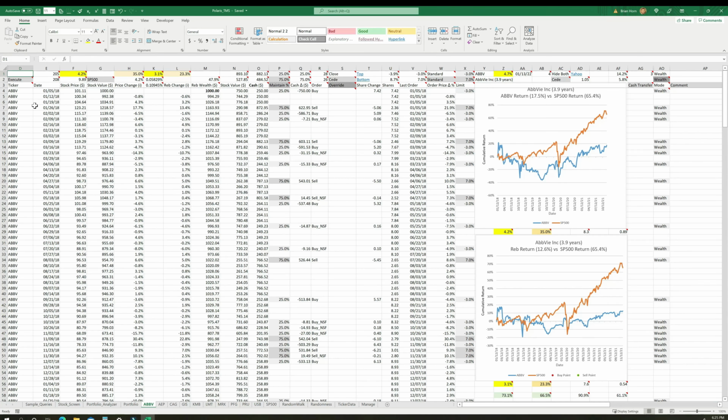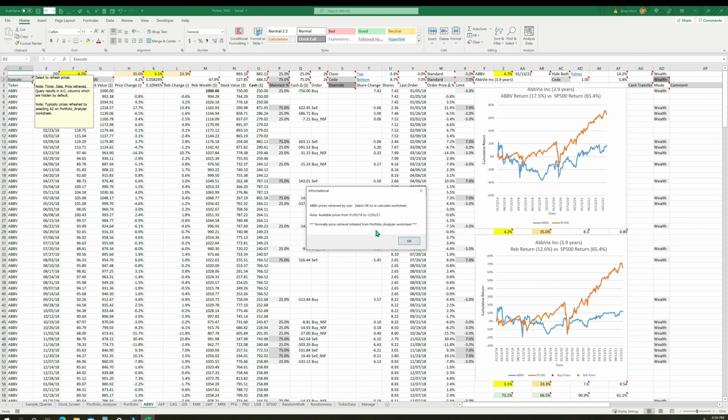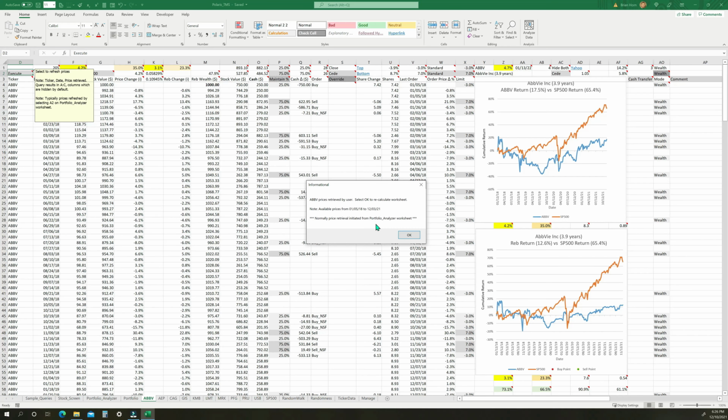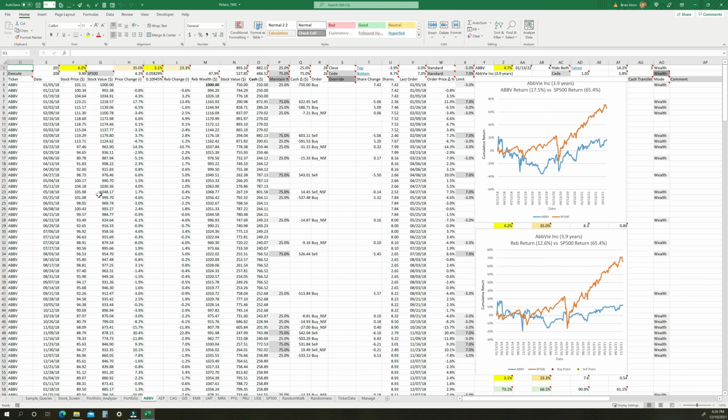Now I want to change attention to this cell D2 that's labeled execute. If you select execute, you get a message that says it's really not necessary for you to select this cell, but if you do, it results in price data being retrieved from the Polaris SQL Server database. But typically that pricing information is already up to date, so you don't see any new prices being brought into